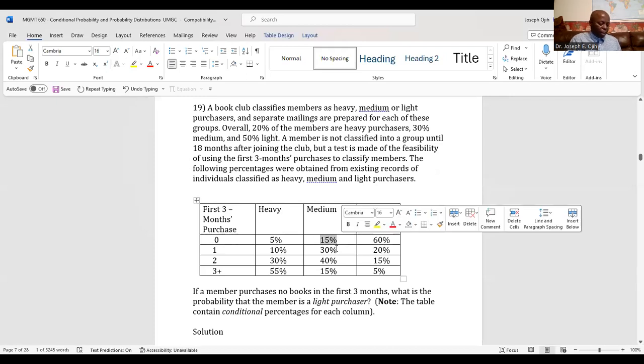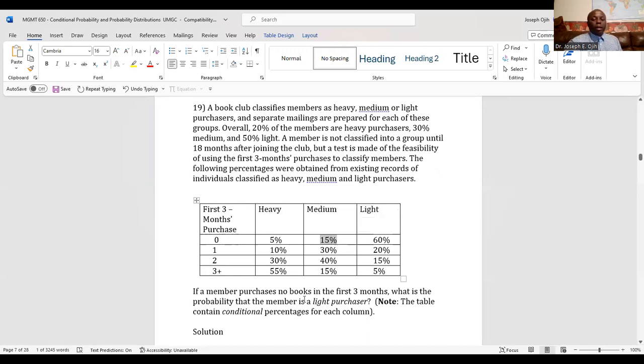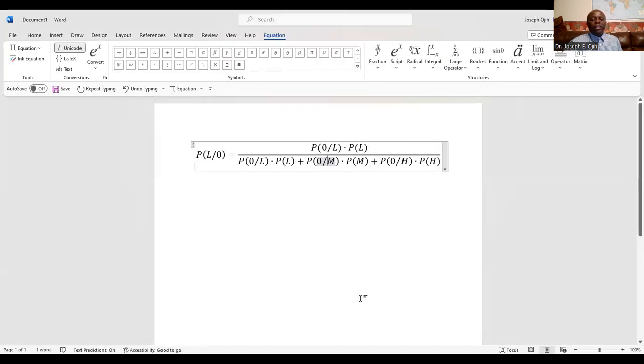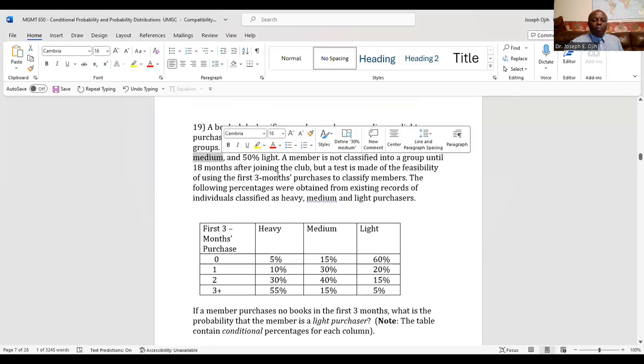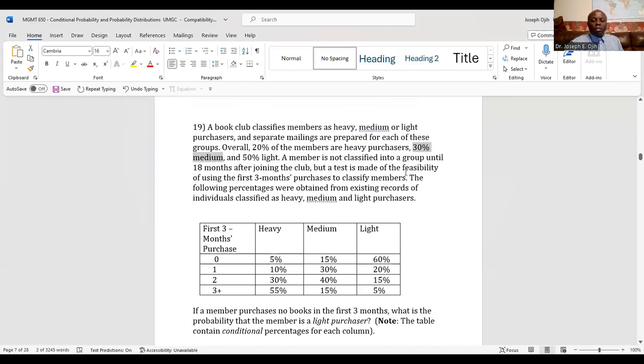I mean 0.15 times the probability of medium, which is given in the equation. For medium, we have that 30% of them are medium purchasers. So 0.30, plus